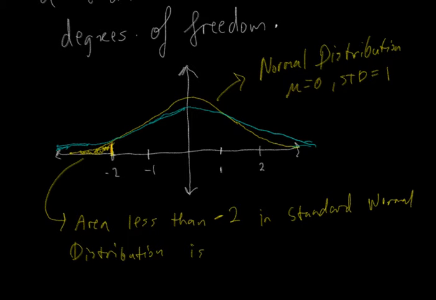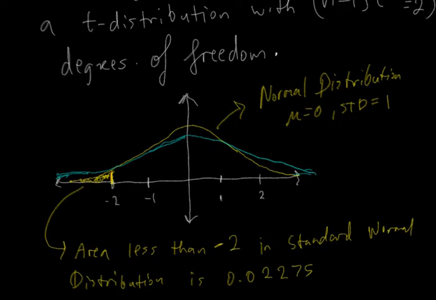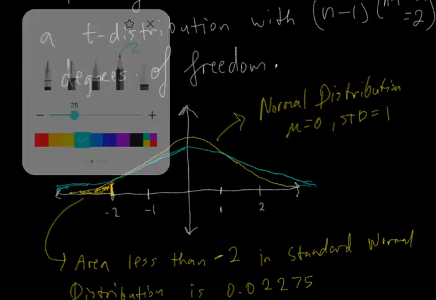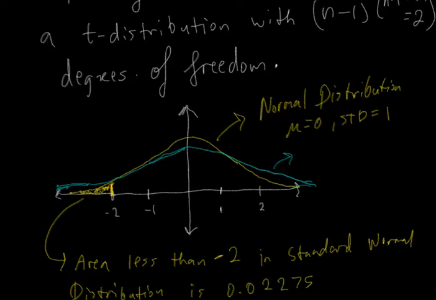I'm going to just tell you the area right here, it's 0.02275. Now, the t distribution with 2 degrees of freedom, so